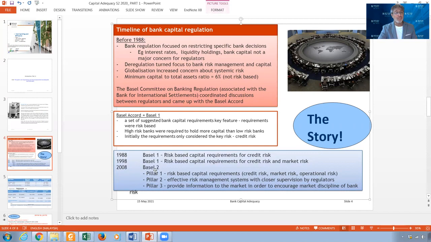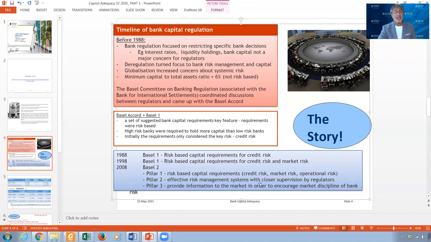And then when Basel II came, they had three pillars. Pillar one was about this equation of calculating the risk-weighted assets, which include credit risk, market risk, and operational risk. In pillar two, they talk about something about the management, which is actually no calculations, but what you should do in the management so you can improve and decrease the risk.